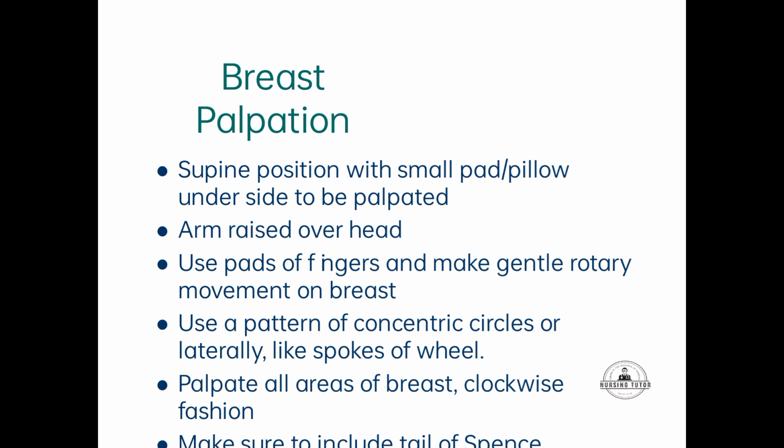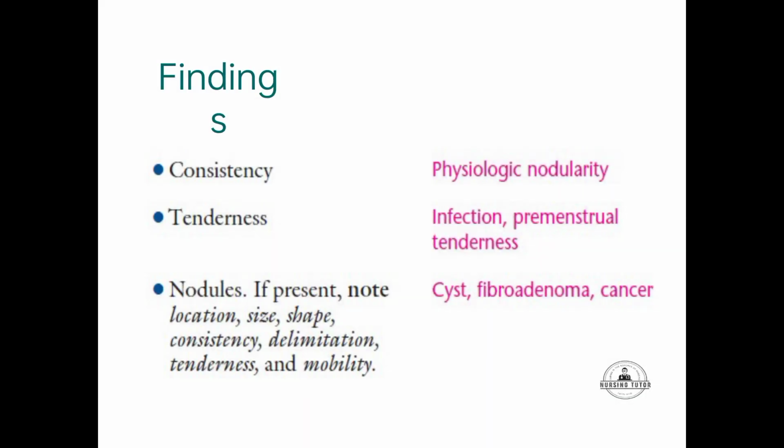Breast palpation: supine position with a small pillow under the side to be palpated, arms raised over the head. Use pads of fingers and make gentle rotatory movements on the breast. Use a pattern of concentric circles or lines like spokes of a wheel. Palpate all areas of the breast in a clockwise fashion. Make sure to include the tail. Findings: consistency, tenderness, physiologic